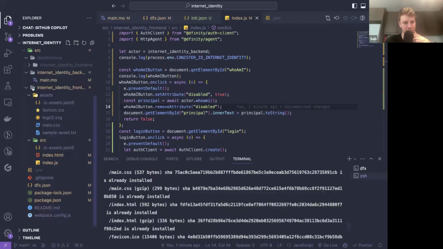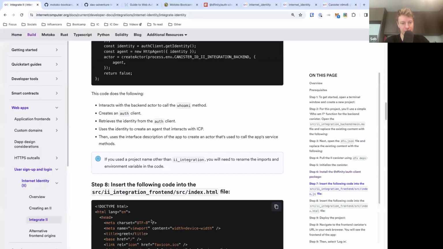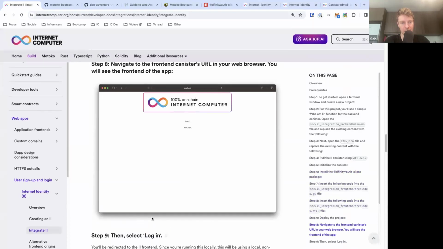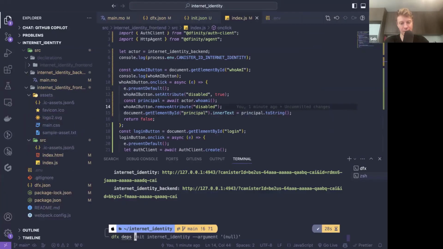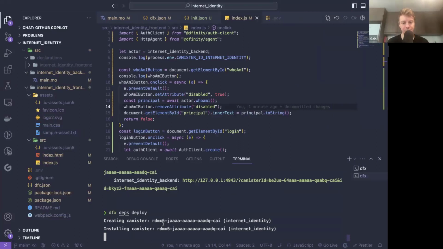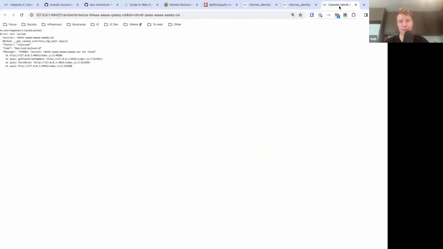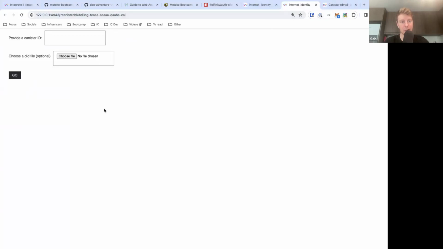Why is that? Because we have it here. Is there some step that I'm missing here? Yeah, I think I forgot to do dfx deps deploy, so probably it's not deploying the dependencies. Okay, yeah. Well, this is something I don't like here about dfx. I think it should make sense that dfx deploy would also deploy the ones listed in the deps, but seems like it's not the case. So we have to